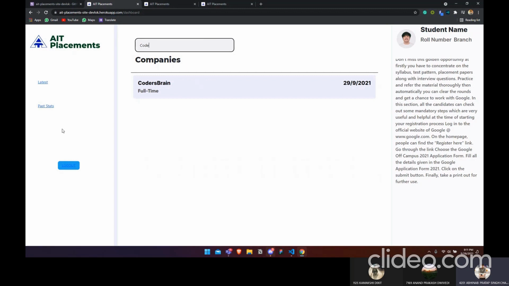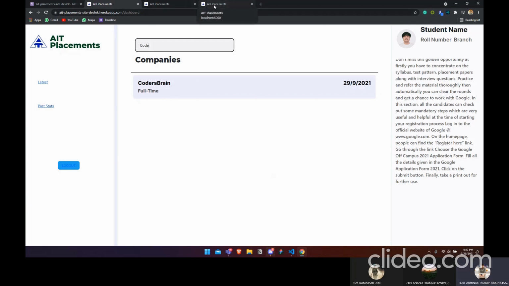The sidebar is still in development, but the whole idea is that one page would be the latest and the home page, the page that you're seeing right now, and the other page would be past stats. If you want to know about various other companies, how many students got placed into those companies, what the intern type is, everything. And there would also be a connection to the Anubhav AITOSS.club site, which would let you learn more from your seniors: how their interview experience was, how they prepared, and how they cracked it. Everything is amazing. Now students can log out if they want to.